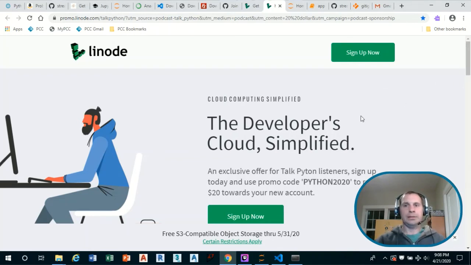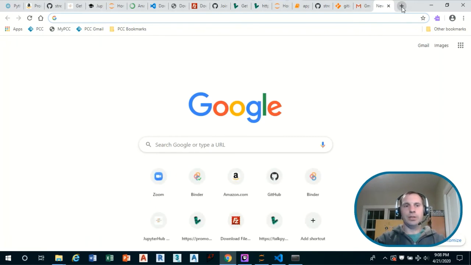So last thing that I think you'll need is a domain name. And the reason that you need a domain name is that in order to hook up SSL and use HTTPS instead of regular HTTP, which your JupyterHub users will definitely want to have in place, you want to have a secure running instance. To use SSL, to use HTTPS, you're going to need to have a fully qualified domain name. You're going to need to have your own domain name.